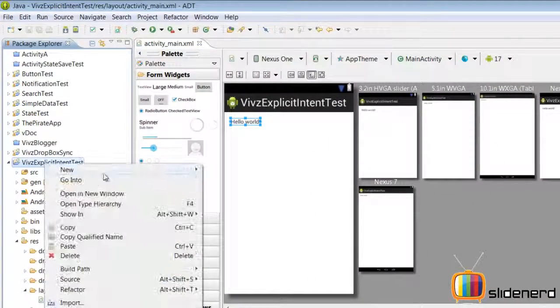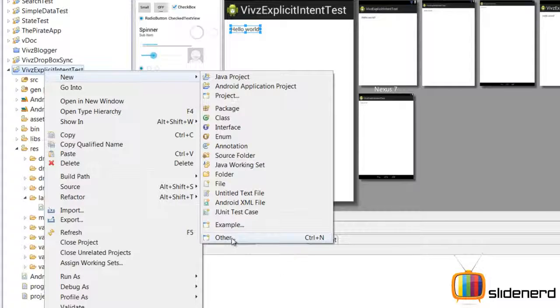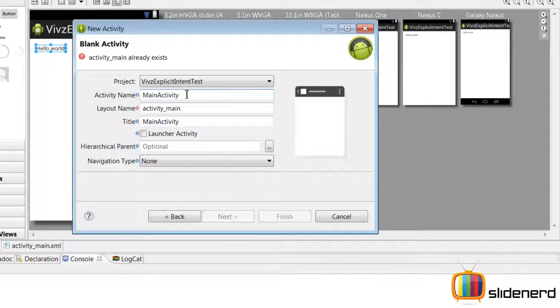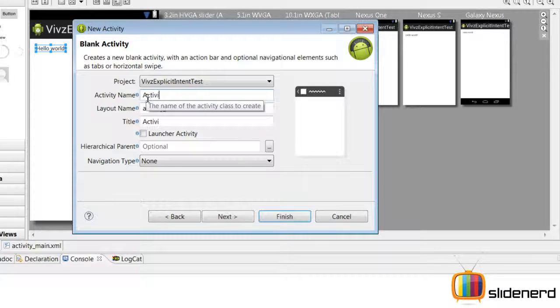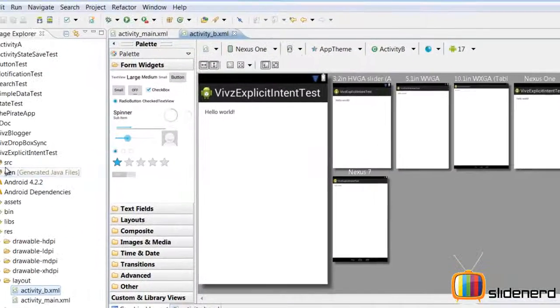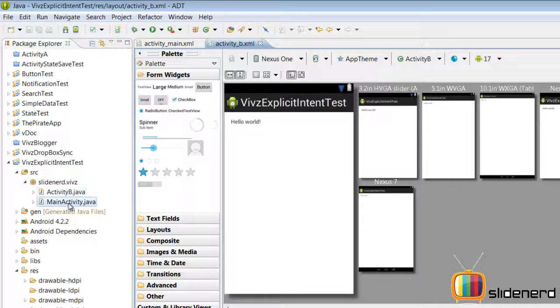So I'm gonna right click on this. I'm gonna say new, other, Android activity, click next, blank activity, click next, call it activity B. And now if you see the layout name, it looks pretty weird, activity underscore B. I'm gonna remove that, click next, click finish. So at this point, if you see my source folder, there are two activities, that is your main and